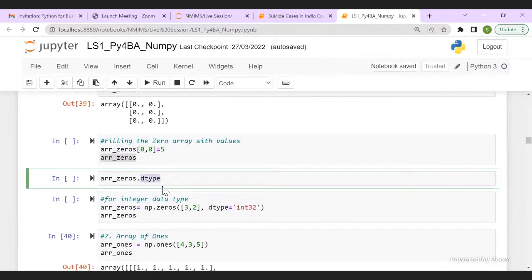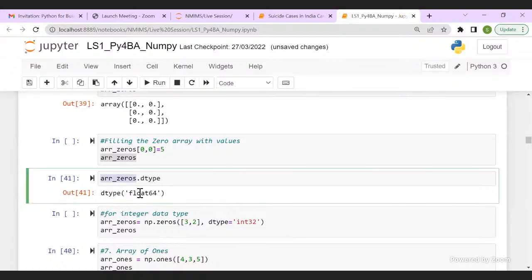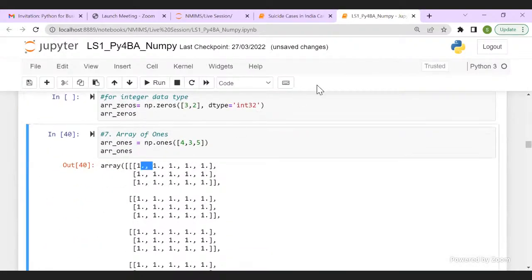I'll use the dtype attribute. dtype is an attribute and it's not a function. That is why there is no parenthesis. So when I check the data type, dtype of my zeros, it tells me it is of type float. And that is why I have a decimal point. It is not actually a dot. It is a decimal point after my zero or after my one here.